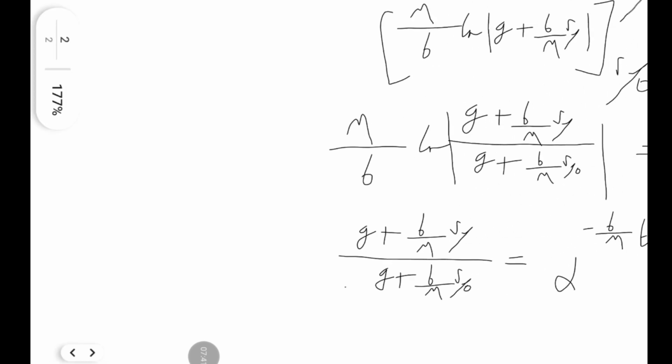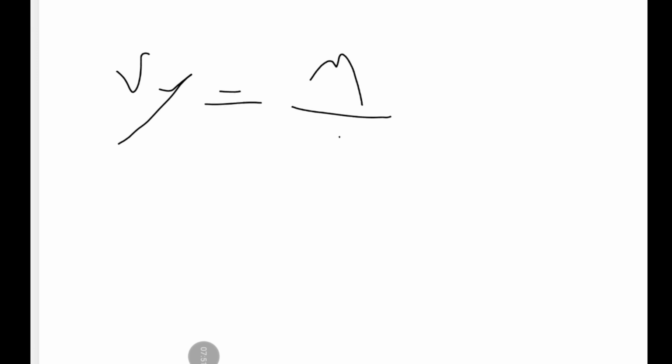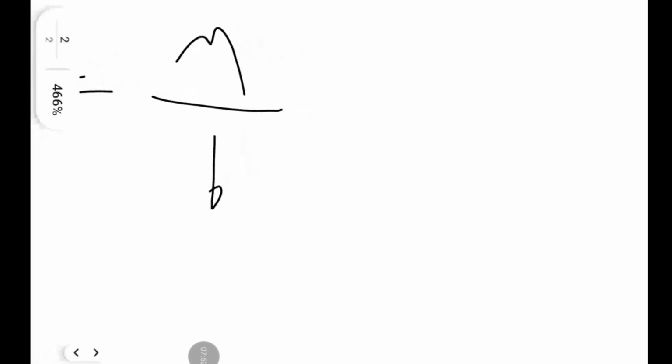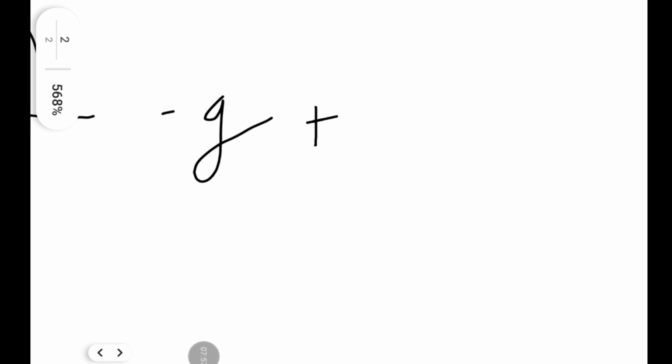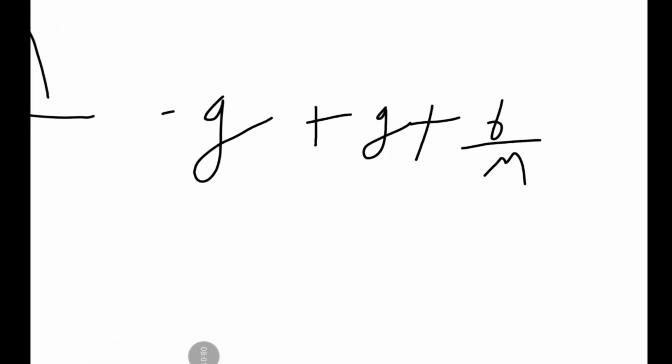If we were to rearrange it, we multiply it out and you can get it into a final form of Vy is equal to mass over b, and then inside this bracket it's going to be minus g plus b over m